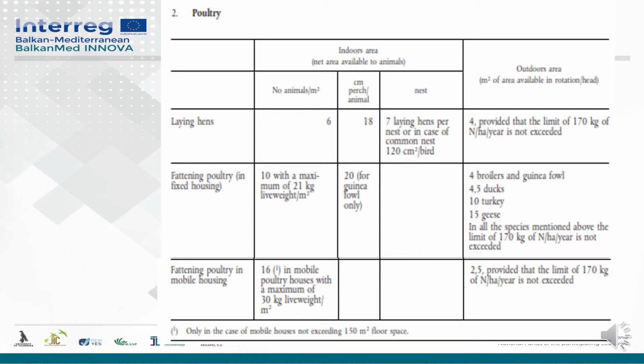Centimeter per animal is 18. Regarding the nest, 7 laying hens per nest, or in the case of a common nest, 120 square centimeters per bird. Regarding the outdoor area, square meters of area available for hens, 4 meters, provided that the limit of 170 kilograms of nitrogen per hectare per year is not exceeded,